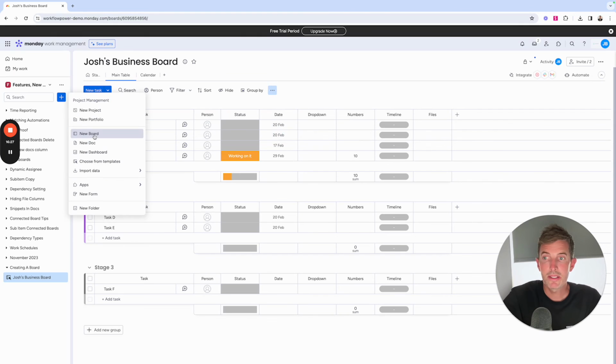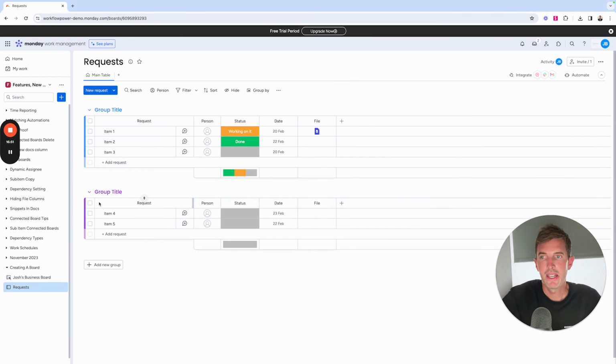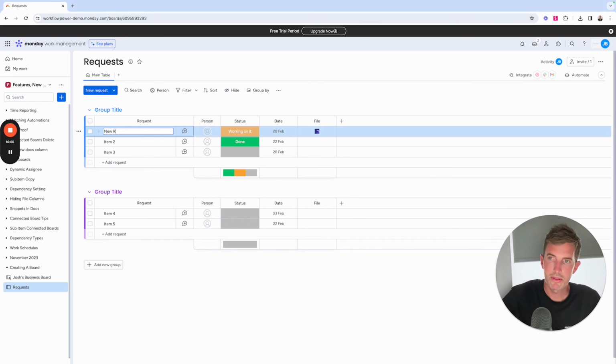In the instance where we have a board where maybe we're receiving requests and this board isn't going to be repeated or set up ongoing, what we do is we create a new board, call it request for example, and we change our item terminology to requests. We can see that this isn't a board that we would create as a template. This is a board that's going to live forever, and our items are going to be the requests that come through. So new request A,